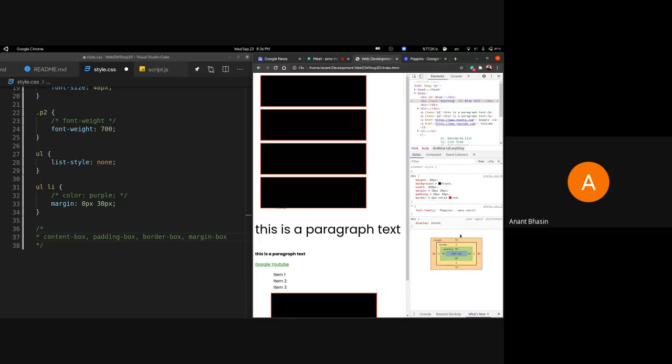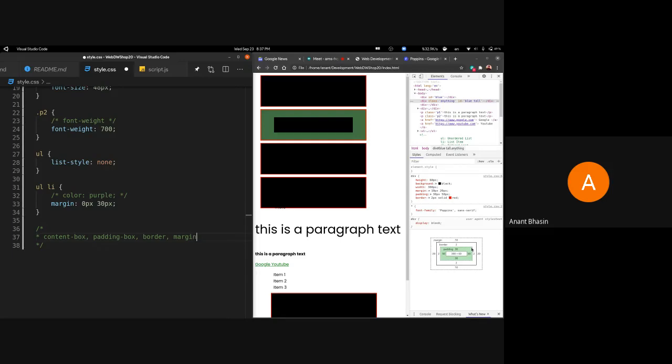So now you can see this also has a border. Right outside of it is the border. Now again, this isn't generally considered a box, so you can actually remove the box on the border and the margin. But till the padding, we're actually considering something which has vertical and horizontal dimensions and which you can manipulate.